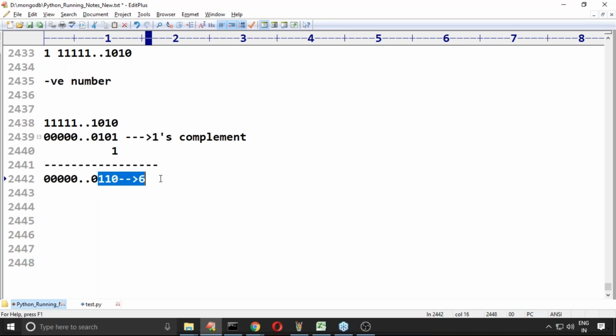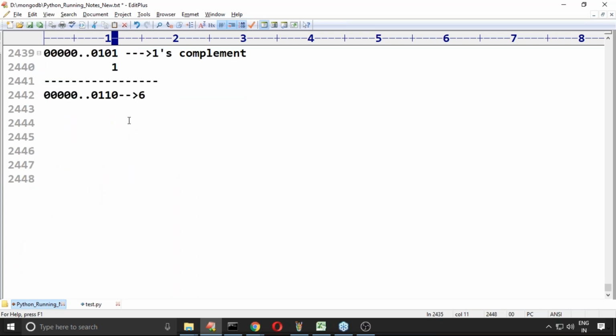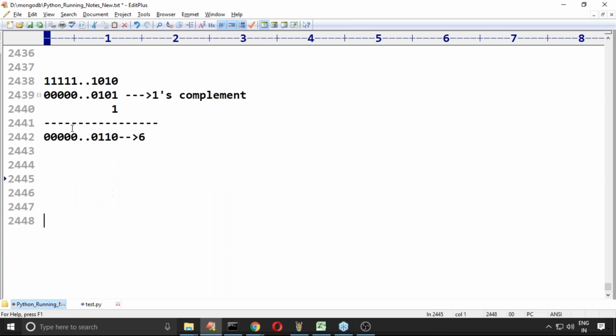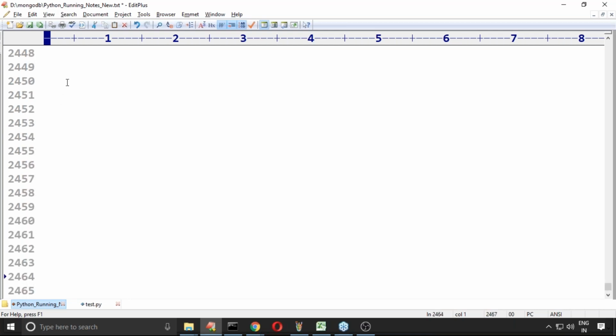Here 110 means 6 and the most significant bit is 1, which means a negative number. With a pleasant mind, please analyze it and you will get it. Bitwise complement means the complement happens for all the bits, not for 3 bits or 4 bits. This is a bit of a mathematics session, so please take special care about this terminology. I hope you are getting it much more clearly, right?